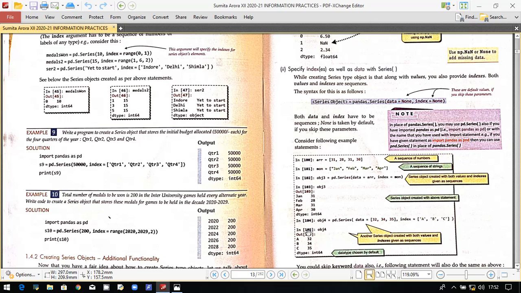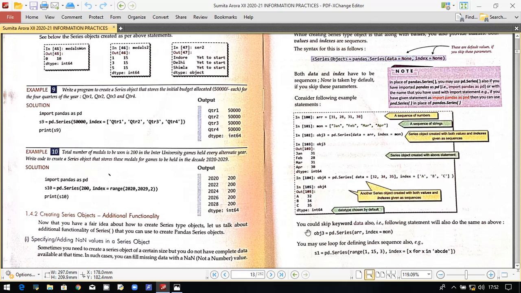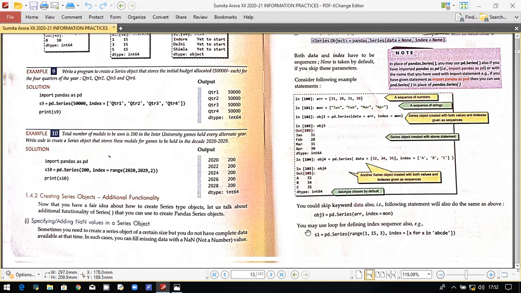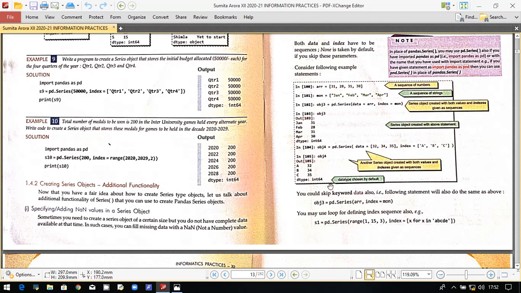Now you can skip the keyword data also if you want. If you are not mentioning data and you are directly writing pd.Series(arr, index=...), it will understand that the first field has been taken as the data value. It will not be confused whether this is to be taken as the index or not.